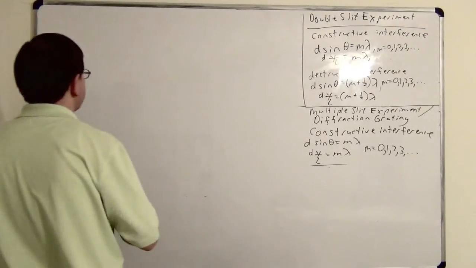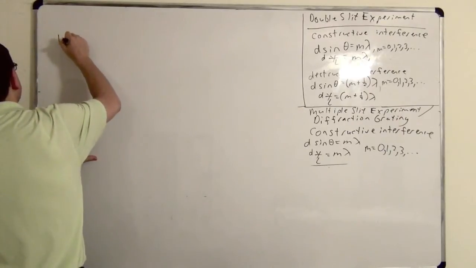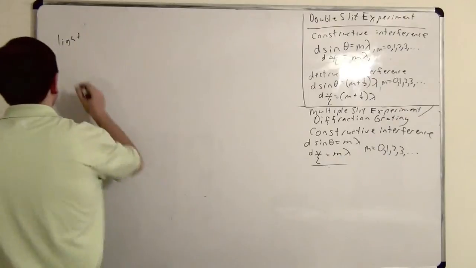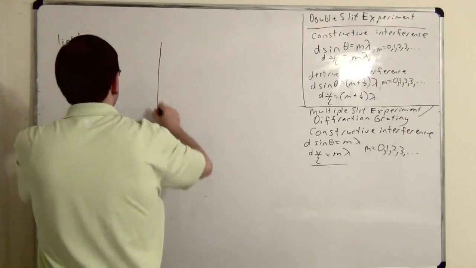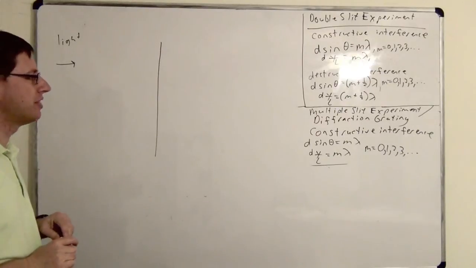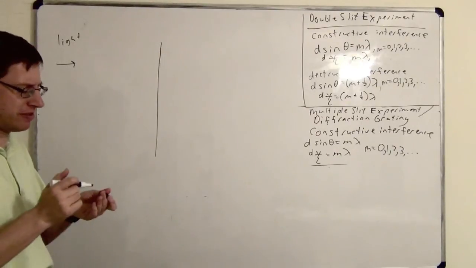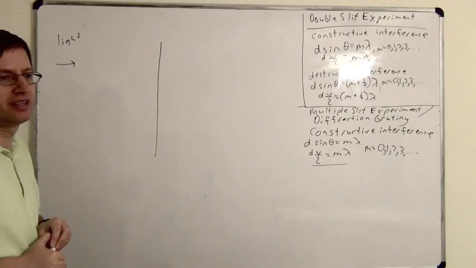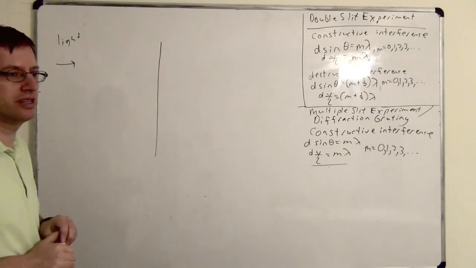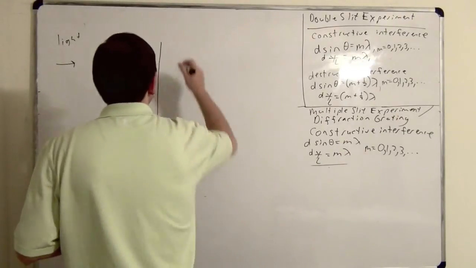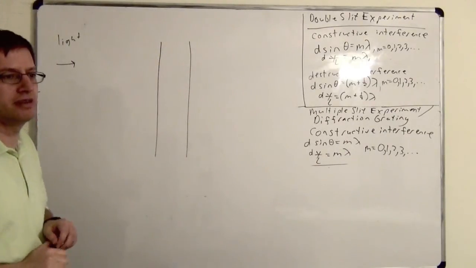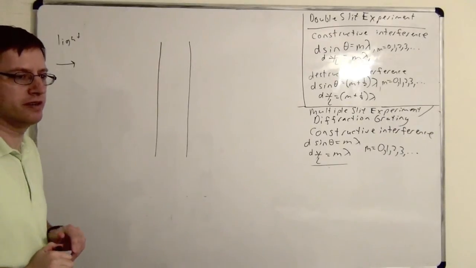So now let's look at a different type of situation where I have light. What we dealt with so far is the double-slit experiment and the multiple-slit experiment. What's another name for the multiple-slit experiment? Grating. Diffraction grating. In fact, that's the term that's usually used. So the other main topic in this chapter is what's called thin films. Thin films is another place where we get these interference effects.